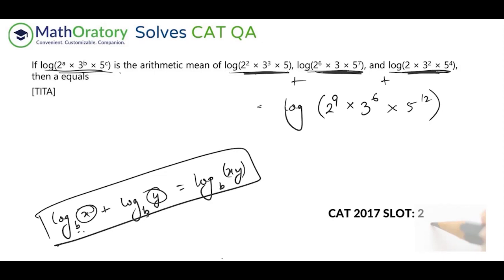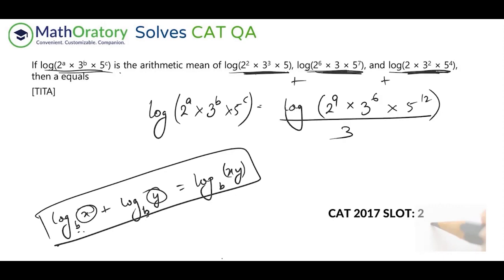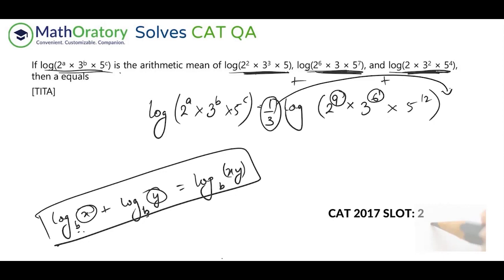So now if you know this, the average, if I take the average of these numbers that is required, let me write that as it is: log of 2 to the power a into 3 to the power b into 5 to the power c is the average. So basically one third of this, right? And I hope you are also aware of this. So one third is basically, the power will be transferred to the power of the number. So in this case, the number is in multiple forms. So each of these powers will become one third.